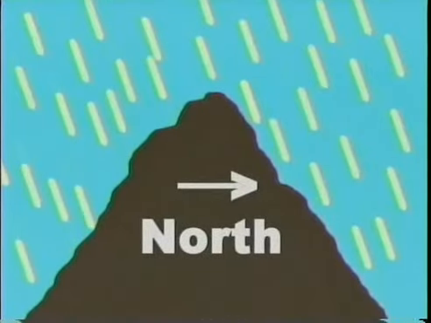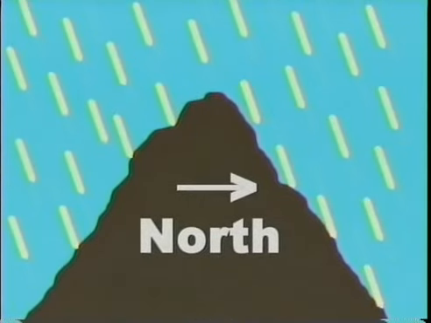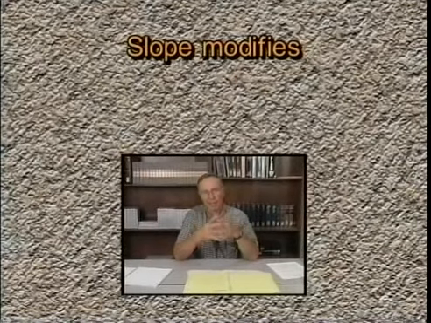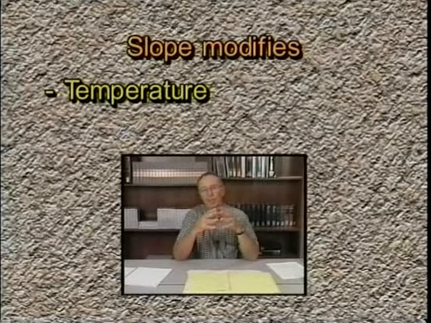But if you're talking about a slope that faces to the south here in the northern hemisphere, then that is going to receive more radiation per unit area than one that, say, faces to the north or even on level land. So slope modifies effective temperature, and we know that temperature has an effect on soil formation, but slope also